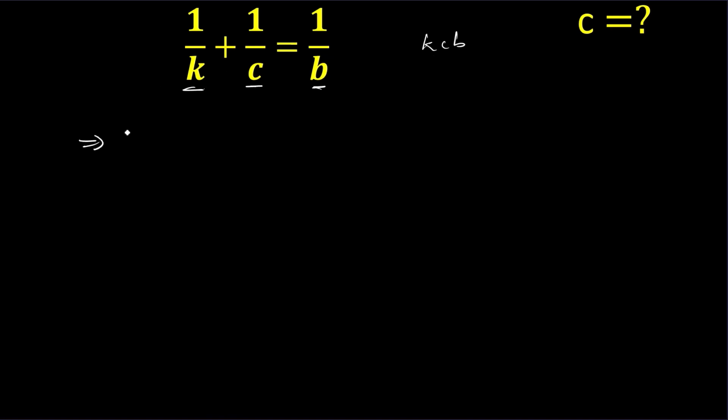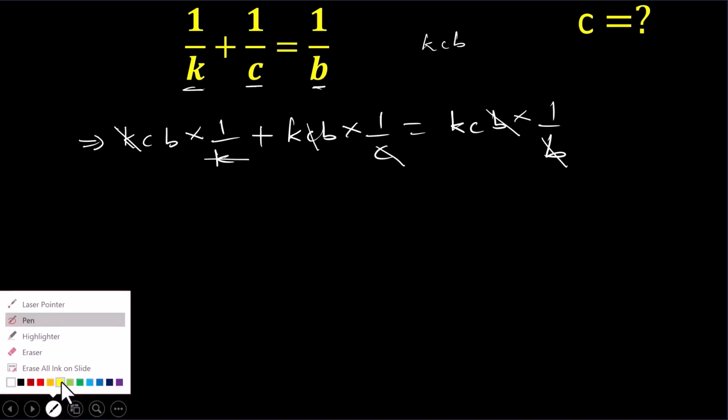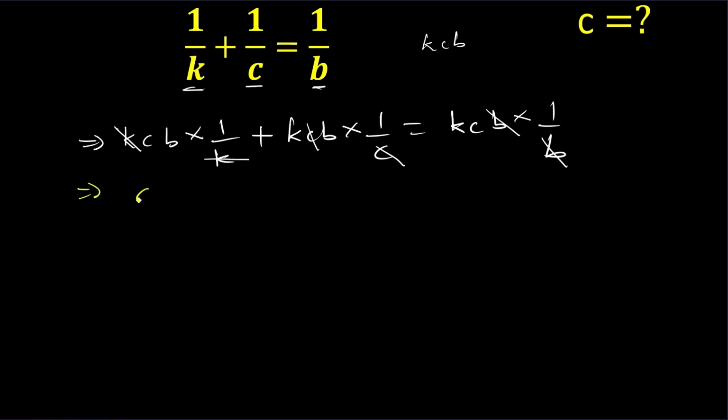So I'll start by multiplying each term: kcb times 1 over k, plus kcb times 1 over c, plus kcb times 1 over b. All right, so k will cancel, c will cancel, and b also cancels. So we are left with cb plus kb